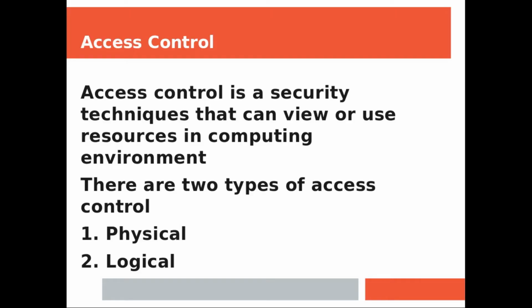Here the ATM machine is the object. Or if you are accessing Gmail, then also you need to give a username and password. That means there also the active entity, the subject, is trying to access the resource, which is called the object. Examples: user, process, program, resource, computer, database, printer, file.